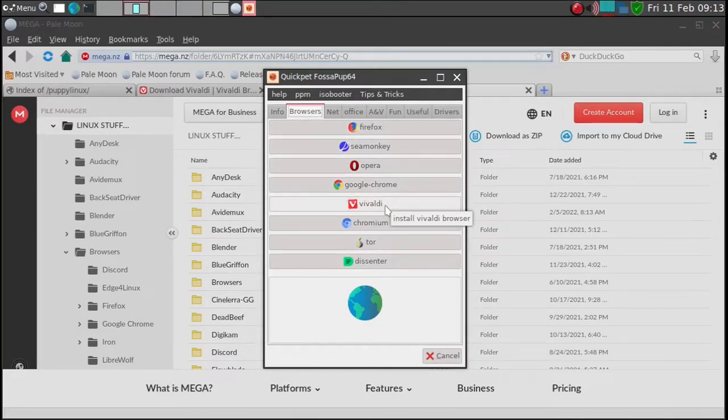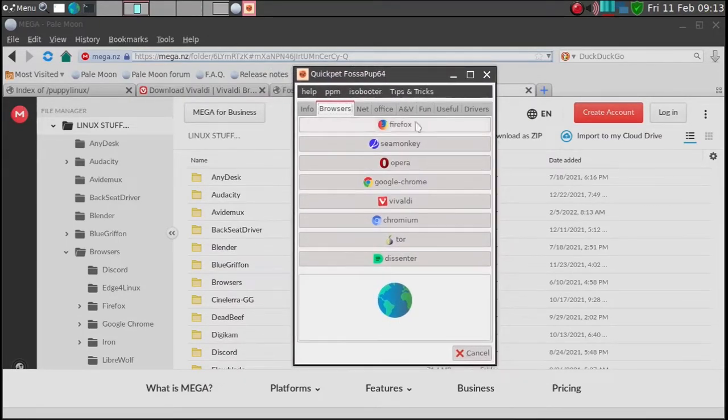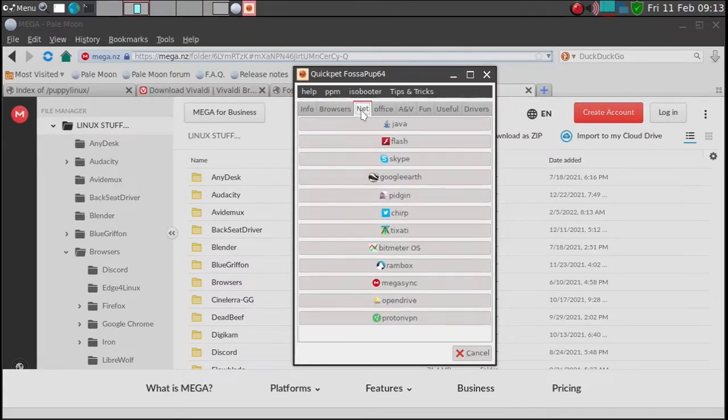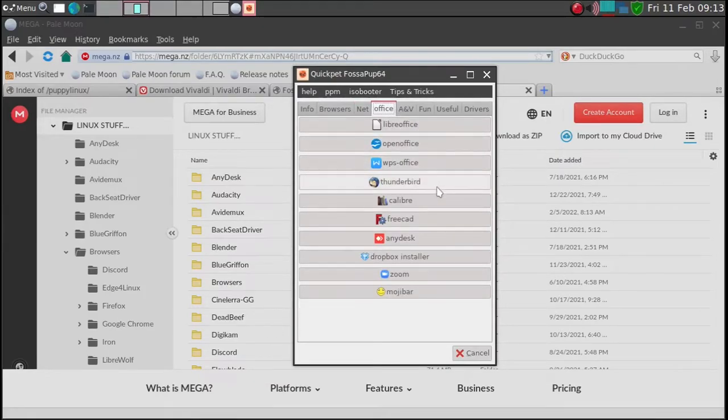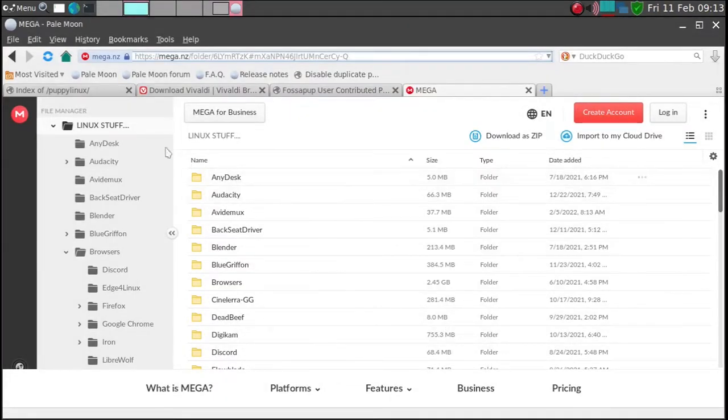actually does not work. And that's been a problem with some of the Quickpet browsers applications in general, in my experience. So sometimes you get lucky, but other times don't be surprised if you either get a very old copy of an application, or it doesn't work at all. Okay. So given that Quickpet may not work, next choice that you have is to look under Internet, and there's